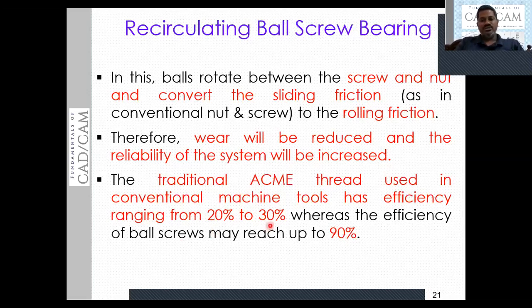Whereas when we use the recirculating ball screws, where we introduce the spherical balls in between screw and nut, we increase the efficiency from 20 to 30% to 90%. That is the advantage of the recirculating ball screw.